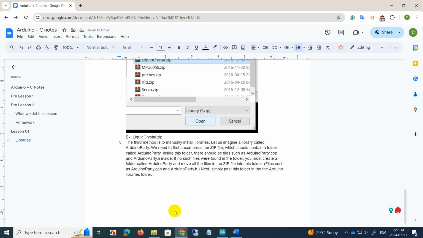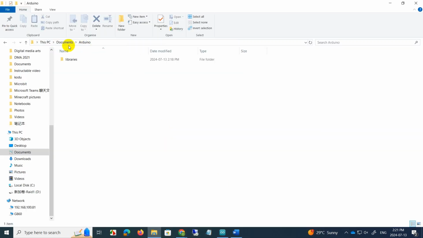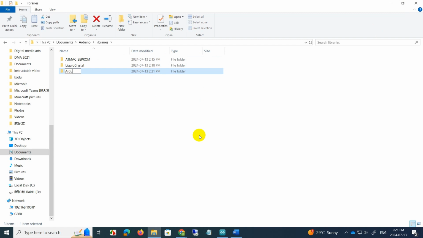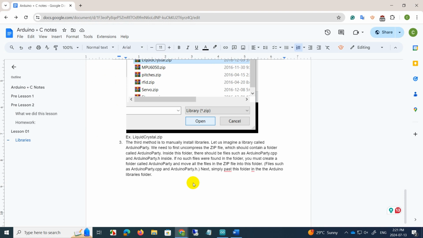So the Arduino libraries folder is this on my computer. It's in This PC, Documents, Arduino, and then libraries. These are the two libraries that we just downloaded, ATmega EEPROM and Liquid Crystal. So if we wanted, we could create a new folder and call it Arduino Party, and then add the .cpp and .h in here. But right now I don't have those files, so let's delete this. Alright, so